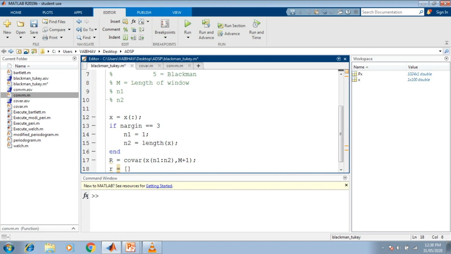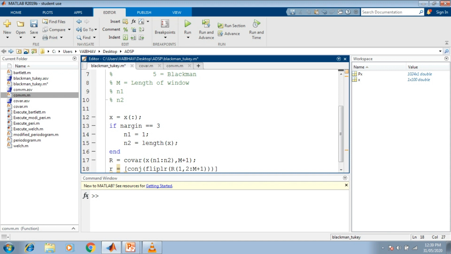For obtaining the complex conjugate, we make use of the inbuilt MATLAB function conj, giving us the complex conjugate, and within the parenthesis we provide the input in flipped form. Hence I write flipLR, and thereupon we provide the input capital R that we have from the earlier step. Within the parenthesis we specify the input range 1 comma 2 colon capital M plus 1.